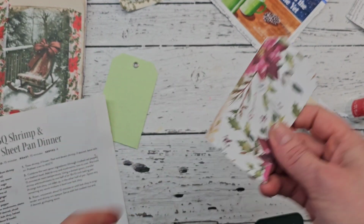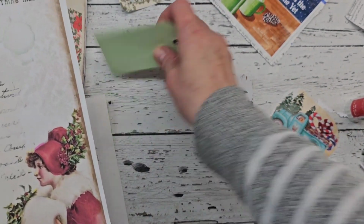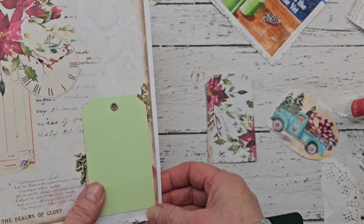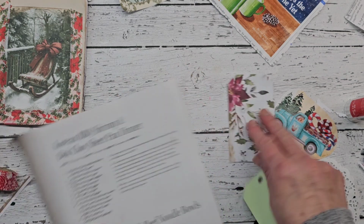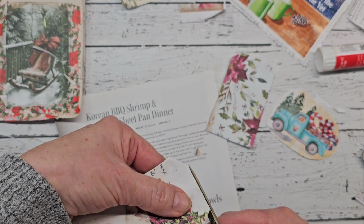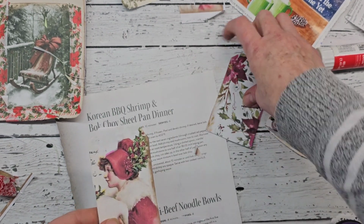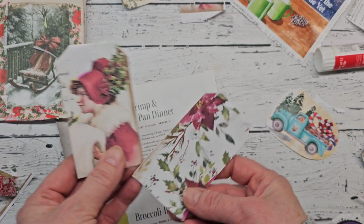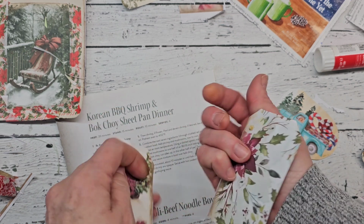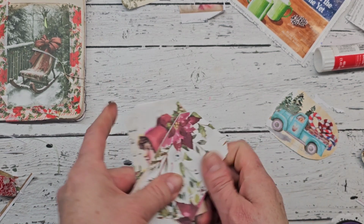Okay, I got one covered, and I have this retro lady here. I think I'm going to, she would just about fit all the way on there. I think I'm going to add her on this card. There. Now we have created 2 new tags. I just gotta re-punch that hole and then maybe add some ribbon or lace or something to that, and then